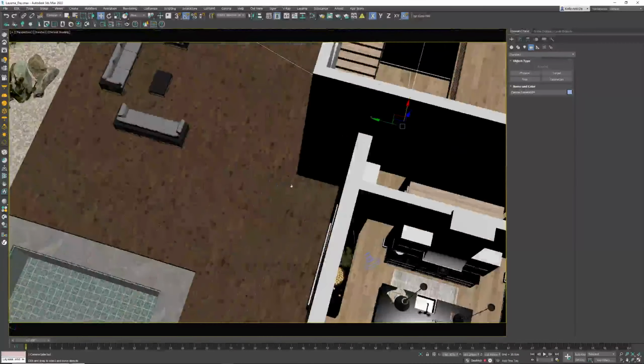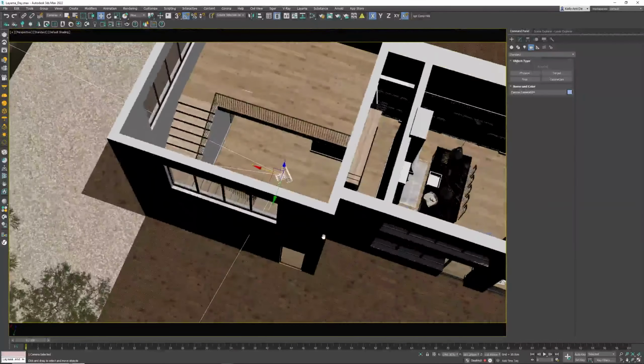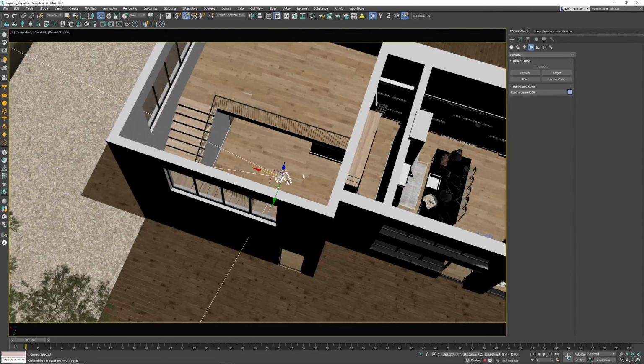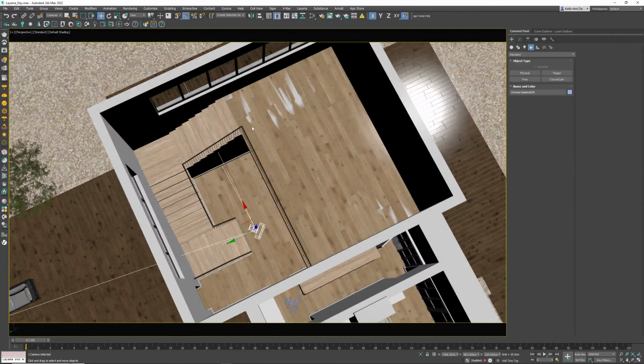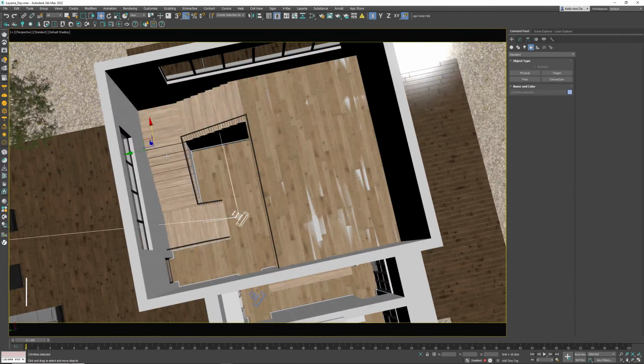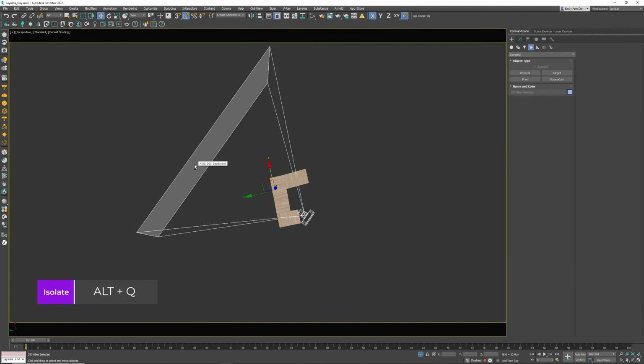Let's instance that one. And then we've got the choice, obviously, of going upstairs. Now, doing stairs can be tricky at first. I'm going to show you the way that I do this. I'm going to select the stairs, and I'm going to isolate it with Alt and Q, and let's go into